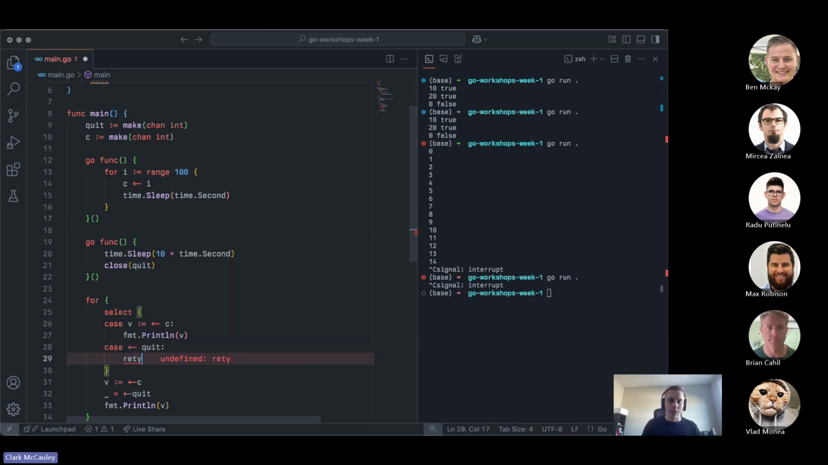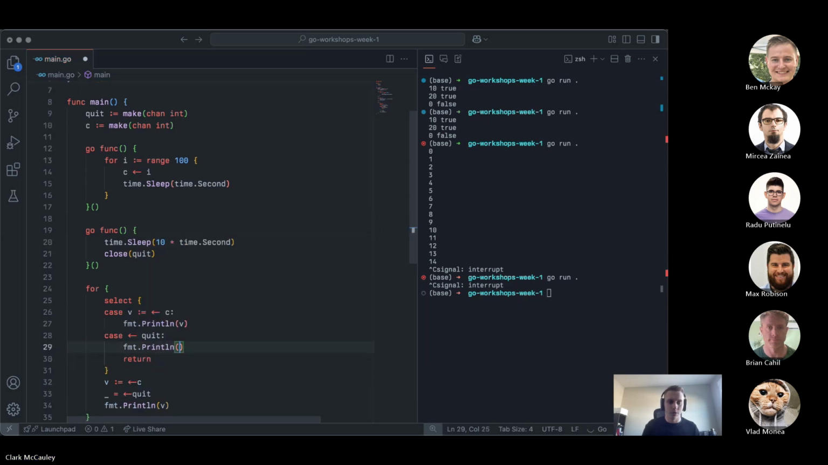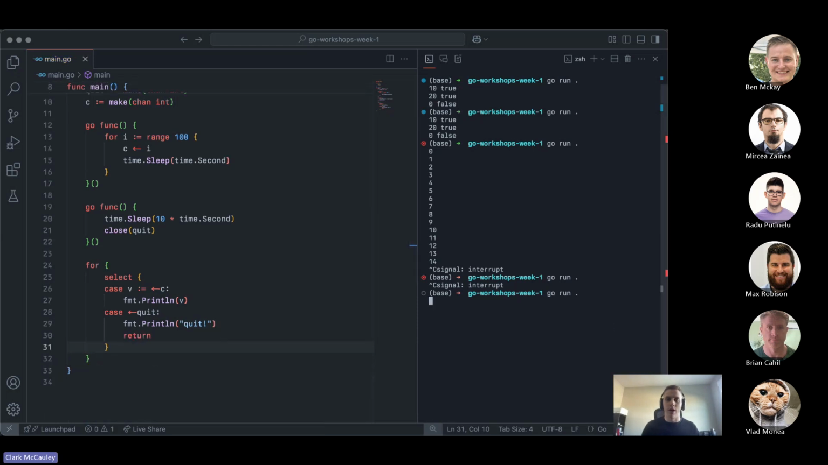Then what we could do is print out that the program had exited or quit, something like that. Get rid of these. And we'll go ahead and run that. Maybe I shouldn't have waited for 10 seconds. Maybe I should have waited for 3 or something. So the idea is